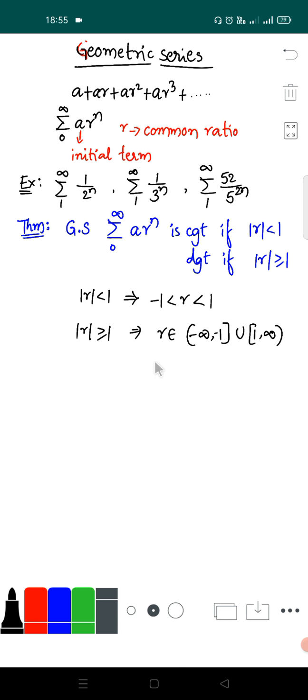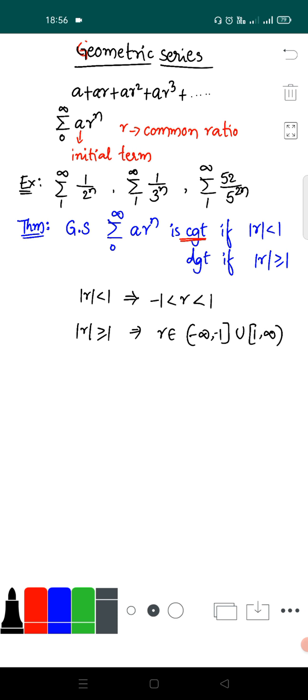Now we have to prove the statement here. Let's see if it is convergent, and later we discuss, if it is convergent, what number it converges to. We will also see that. For now we try to prove the theorem statement. So we may take the help of